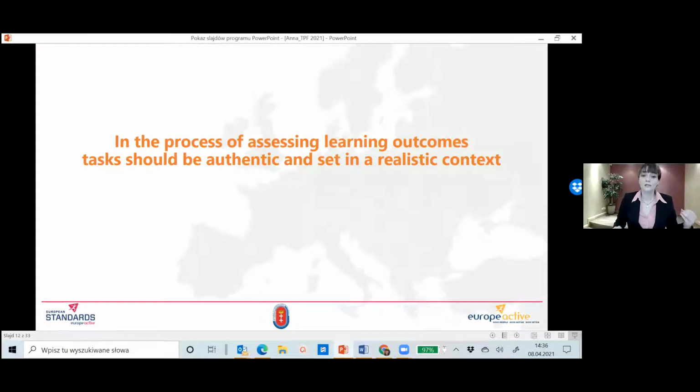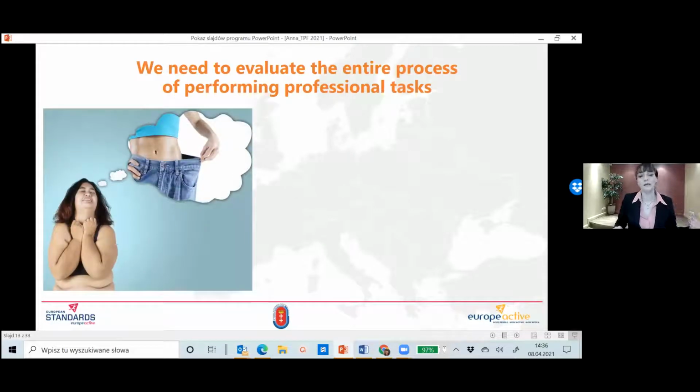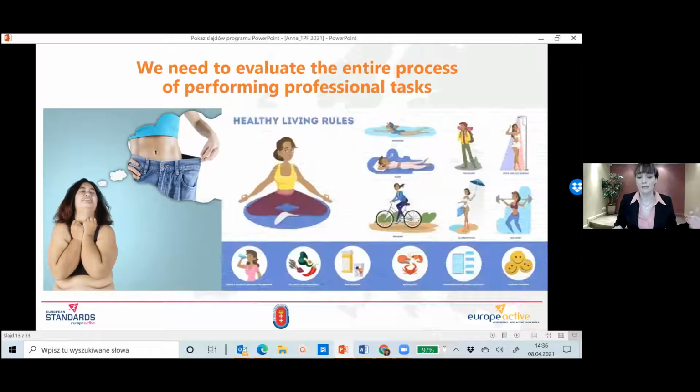And in the process of assessing learning outcomes, tasks should be authentic and set in a realistic context. This is a very important statement. If we are talking about the assessment strategy, we should put someone in the environment which is typical for future work. And it must be the whole process of the work, not some stages, not some parts of it. And when we have a personal trainer, we need to be focused on all elements of lifestyle change, on exercise program implementation, not only